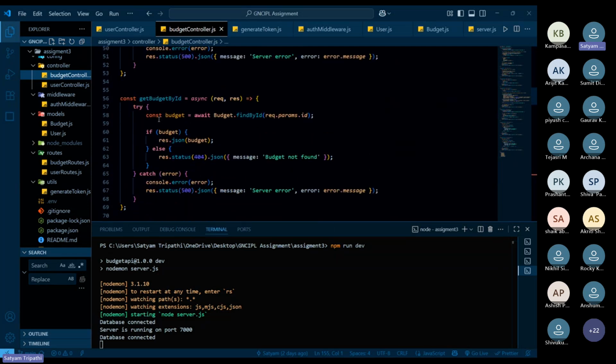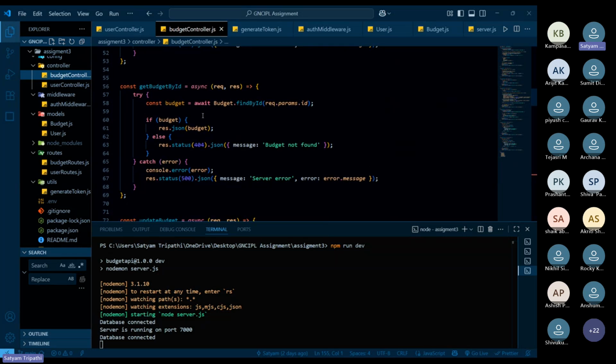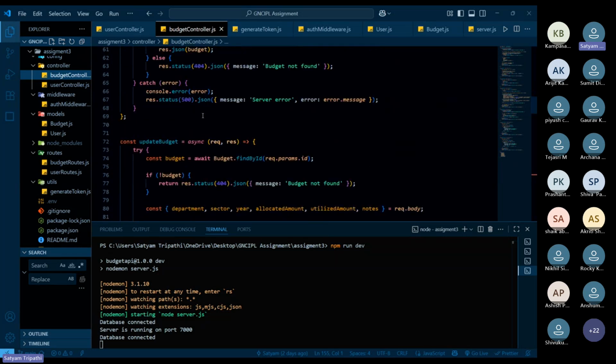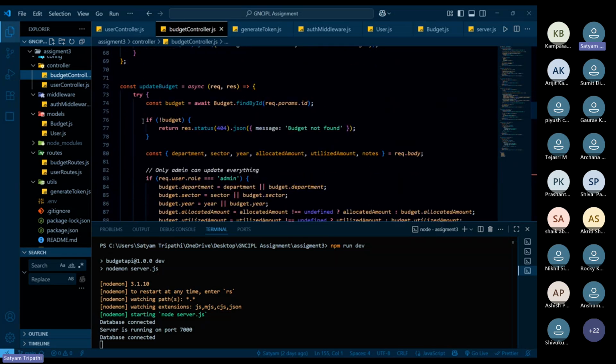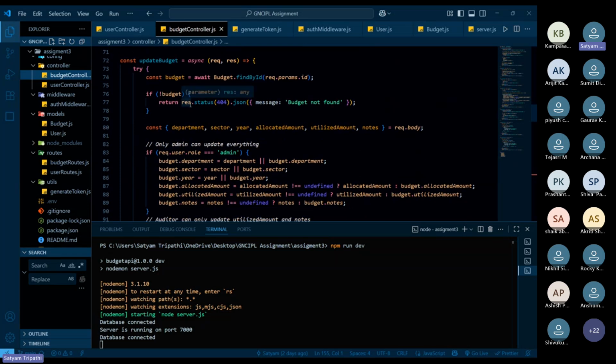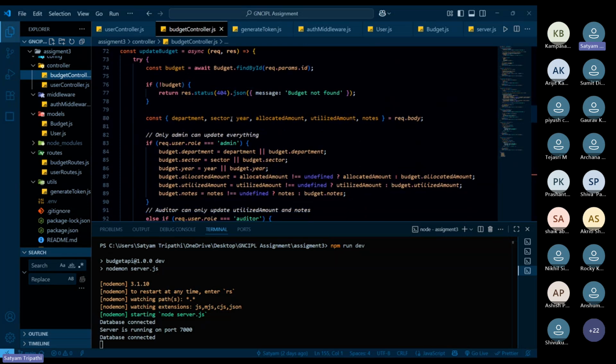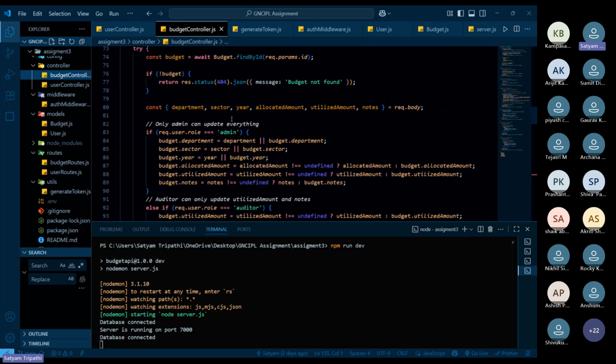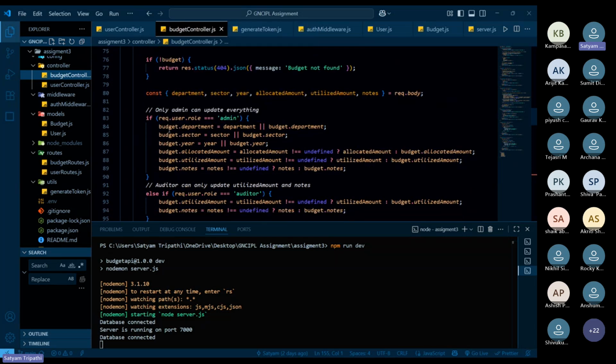And this is the get budget by ID function, where I'm fetching the budget through its ID. The fourth function is update budget, where I have put a check: if request.user is admin, then only he can change all the data.